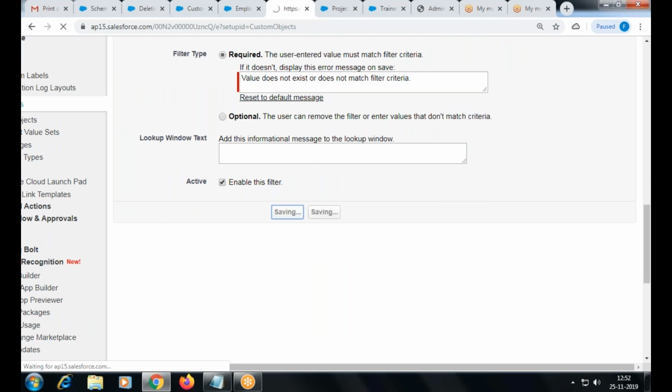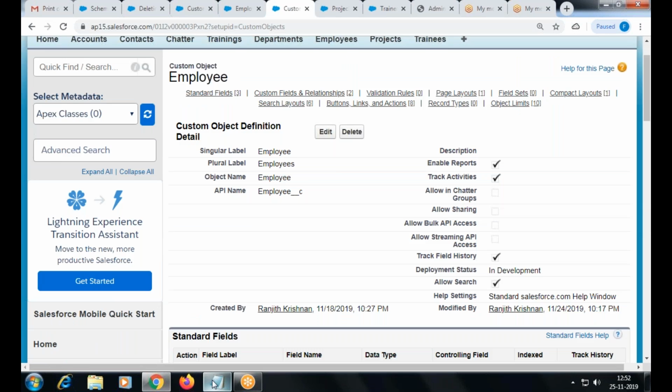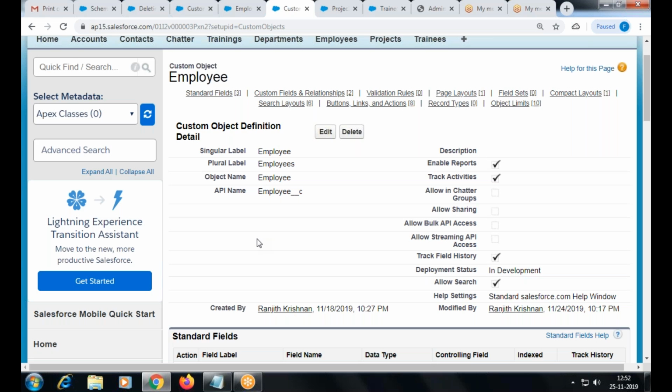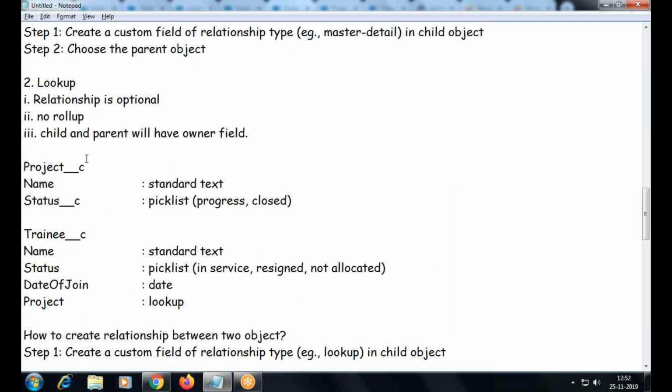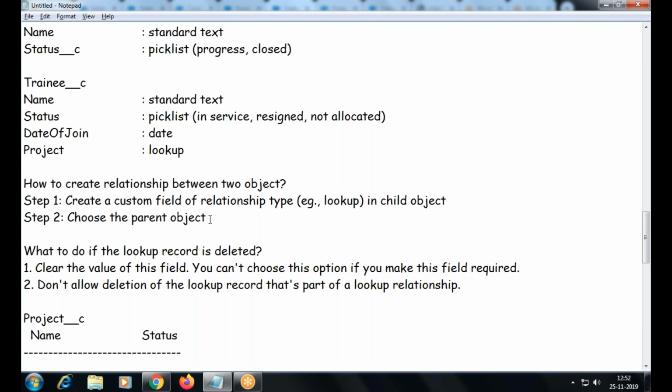Yes, you can do that. It's clear to all of you, right? This is your master detail and lookup. The other options you can also try: make it delete the parent record and see whether the value is cleared off or not. That you can check yourself, right?